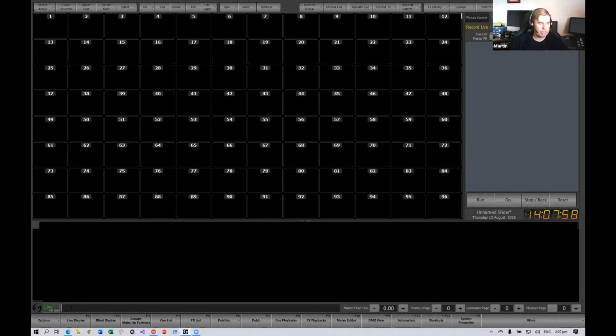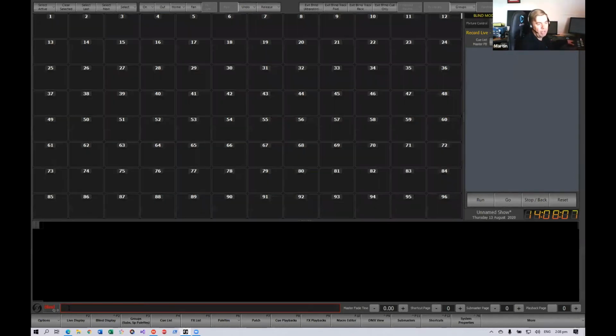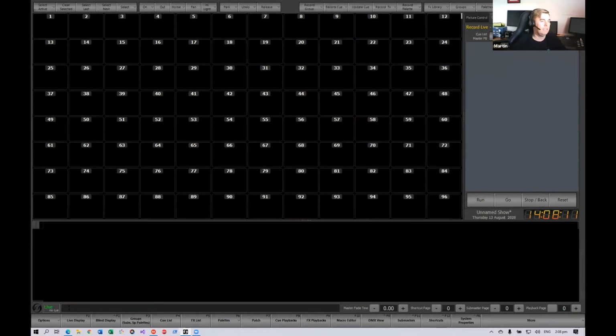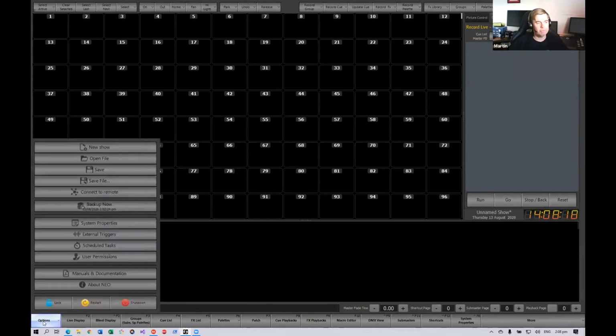Down the bottom we have our command line, which is to the right of where it says live. So the live indicator is obviously showing you a difference between live and blind mode. If I go blind, it changes to red. Live is green. So any commands are going to appear on there. The options button below live is really where we do operational stuff like creating new shows, saving and